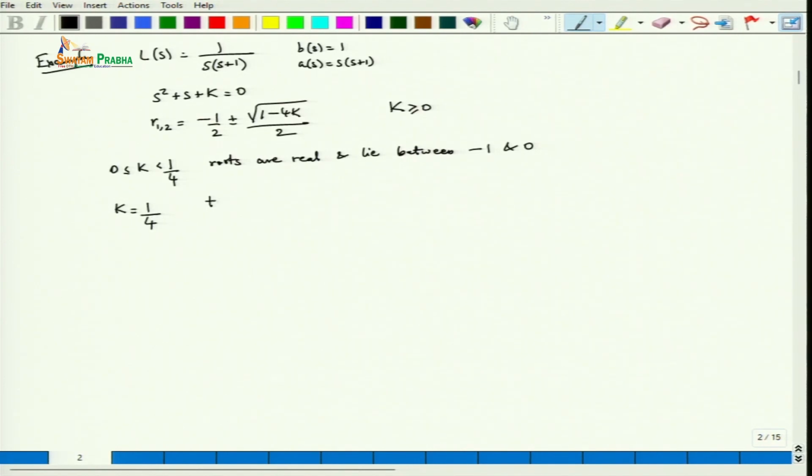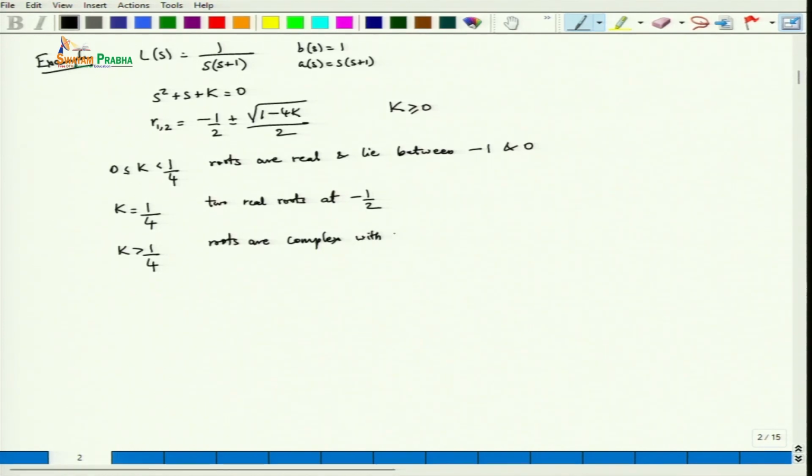So in this case we get two real roots at minus half, and when this discriminant part turns out to be negative, that is k is greater than 1 by 4, the roots are complex